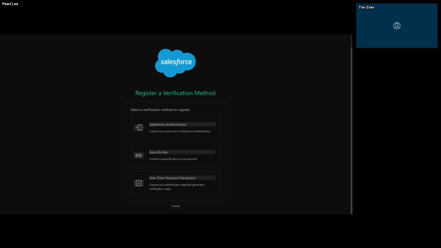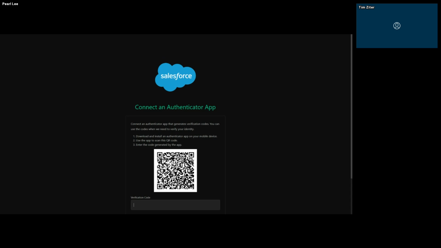Tim, can I actually do the one-time password generator? Sure, you can try that. I believe I don't have the Salesforce Authenticator. I use Microsoft on my phone. So, let's see.